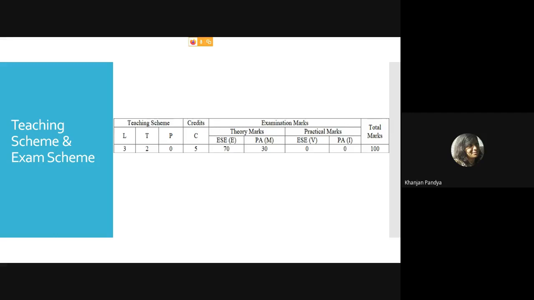And of course the GTU paper, because in the end we don't know what happens with the GTU. It can give you the written exam in the month of November, or start the exam in the first week of December. So you should be prepared with each and every topic. We are not having any practical marks, which means we are not taking any viva. And hence the total marks of PS, probability and statistics, are 100.